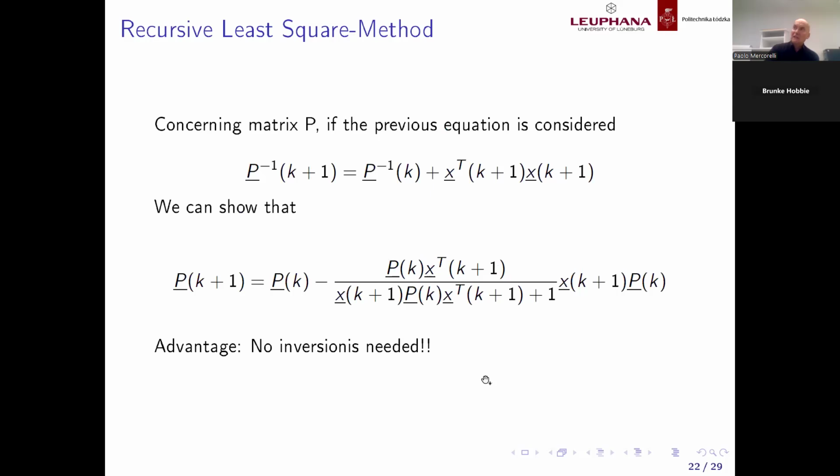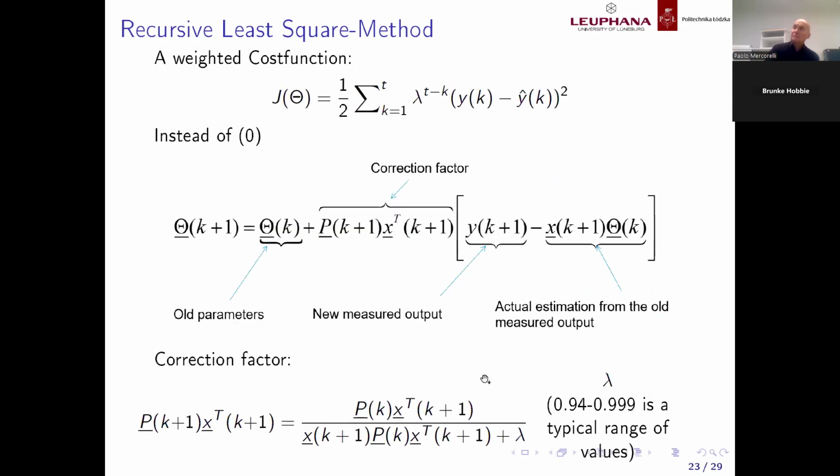Which one? I will tell you. I don't have time to go in depth on this today. But if you look at this expression, do you remember we started our analysis considering